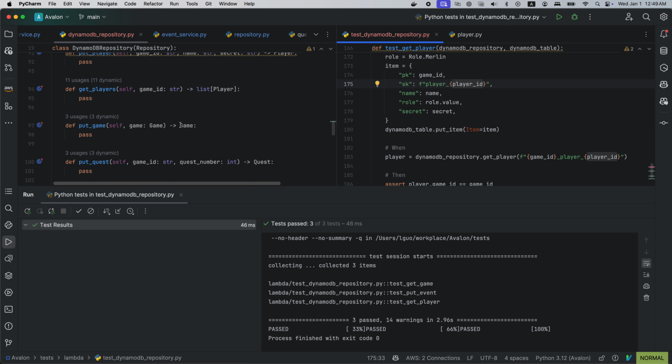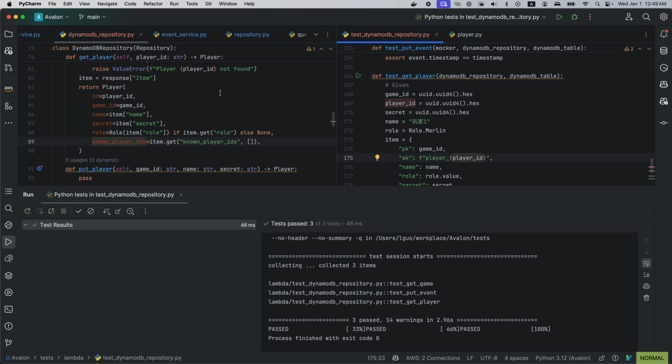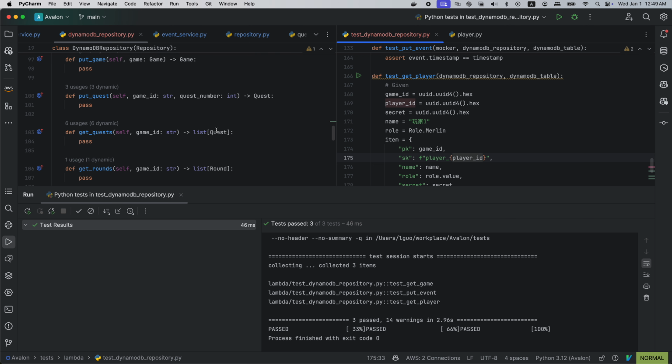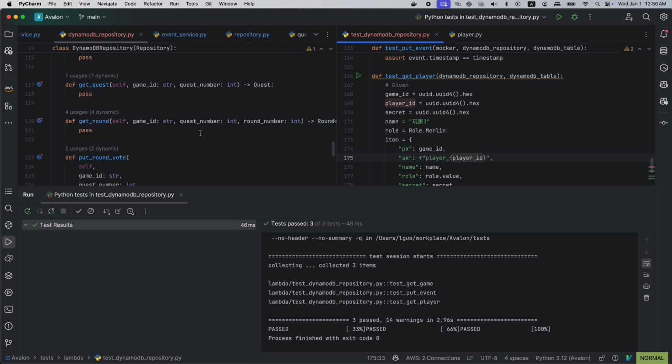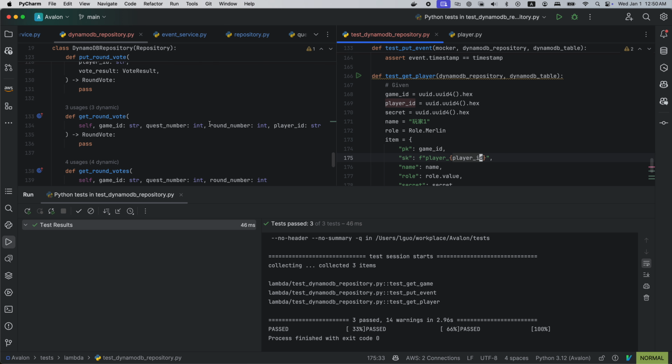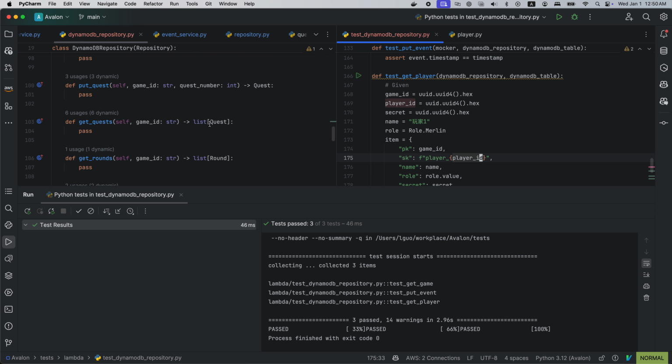Okay, so I think we have done enough today, even though we have only implemented two methods, but after this, everything is really simple because all we did was getting and setting. We have, I think, two updates, update round and update quest, because we have to create a quest and round first, then update its team members and its status, of course. I will be making changes to the repository offline, and I think the next time we'll have a bit more progress here.